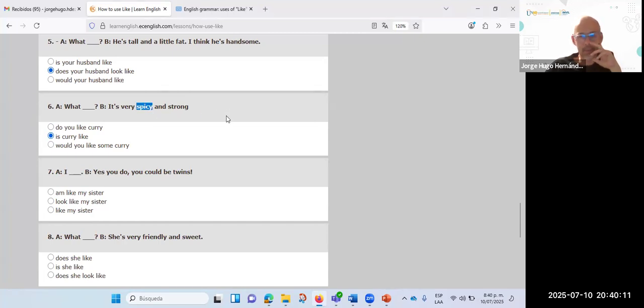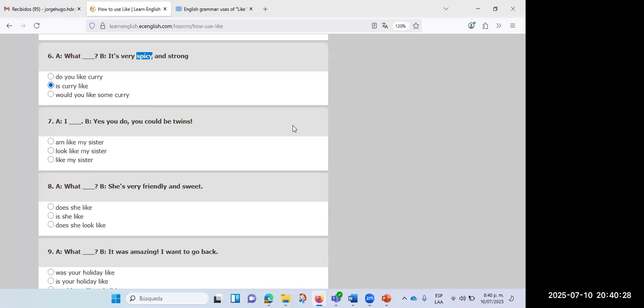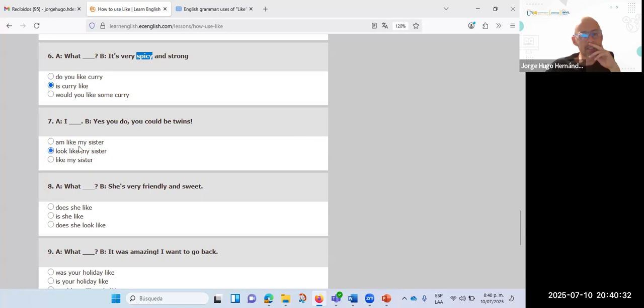Okay, number 7, Valentina Castillo. Okay. Look at the question and the answer. The answer is yes, you do. You could be twins. I look like my sister. You could be twins. Here it says, I look like my sister. When we say I look like,